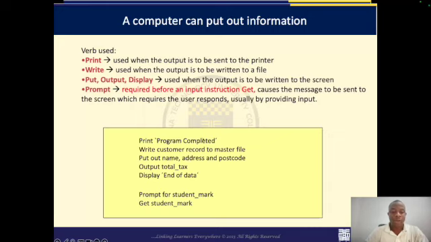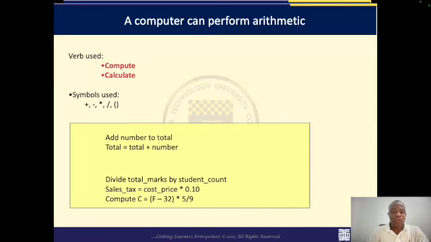All of these are ways of sending out information to the screen. What about if we want to perform some arithmetic operation? Users or a computer can easily perform arithmetic operations. If you want to do addition, subtraction, multiplication, division, or even use a bracket, then we need to use the keyword compute. If you use the keyword compute or calculate, then you are instructing the computer to perform one of